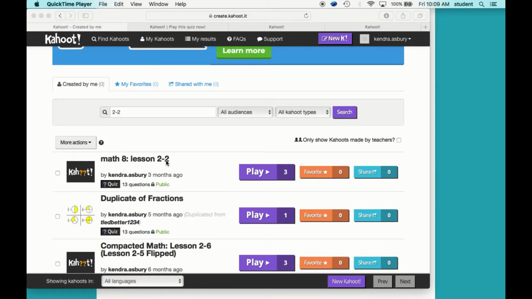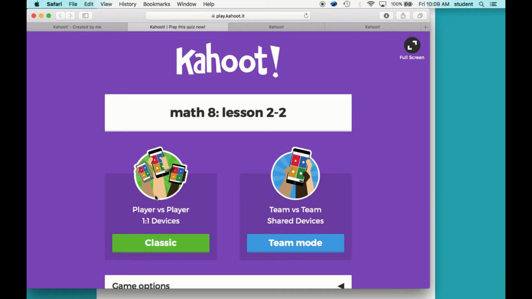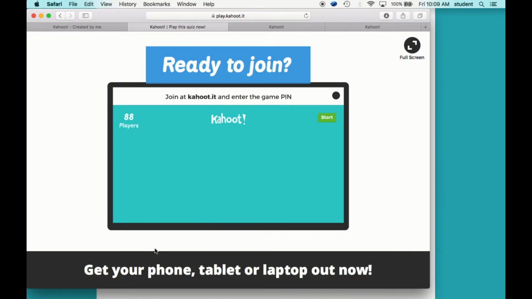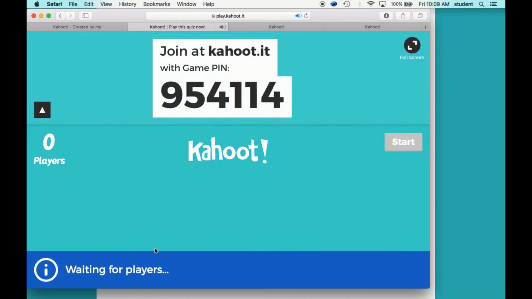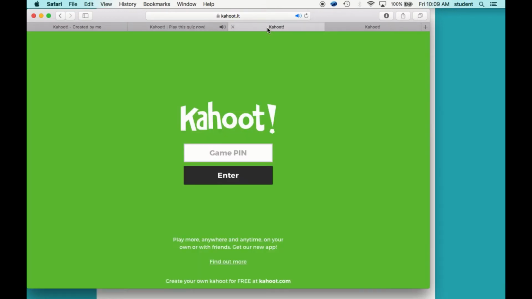I've pulled up this lesson, which is lesson 2-2 in my lesson plans, and I'm going to press Classic, which means each player has their own device, and they'll be using their own devices to vote on their answer. I'm going to turn off the music because the music of this platform is really annoying. So when I start a Kahoot, it's going to give me a pin, and what I've done is in these other tabs, I have opened up what students would see. They would see that they need to enter a game pin,